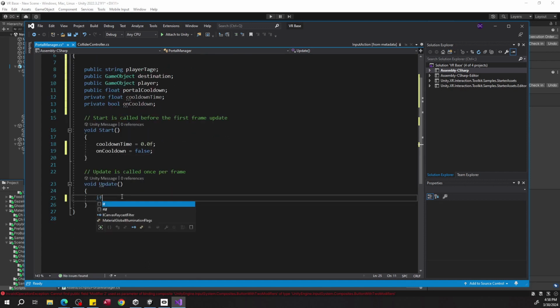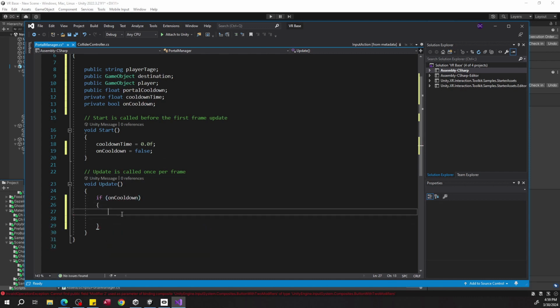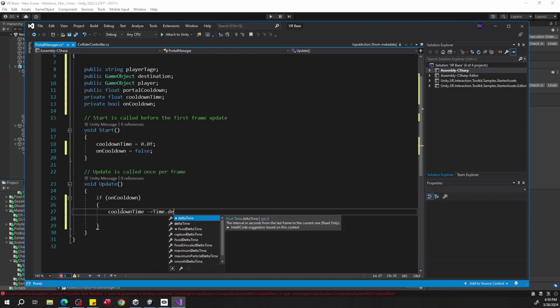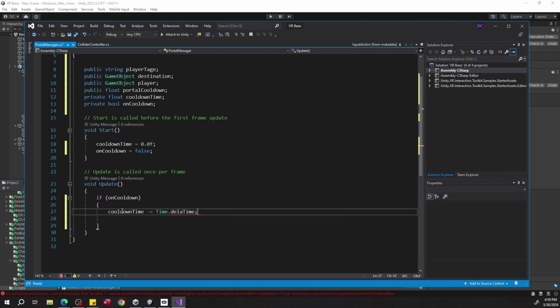Then during update, if it's on cooldown, we're going to want to count that down and make sure we're not activated. So if it's not 0, we'll take our cooldown time and we'll decrement it every frame. So this Time.deltaTime is the interval in seconds between the first frame and the next. So it keeps a live, accurate time for us. And if this cooldown time